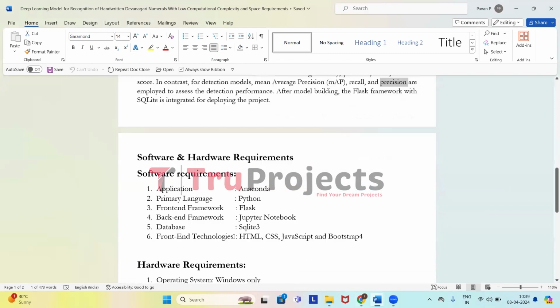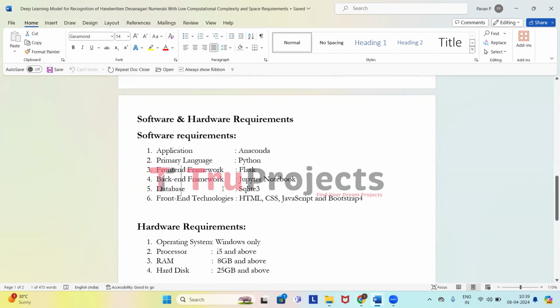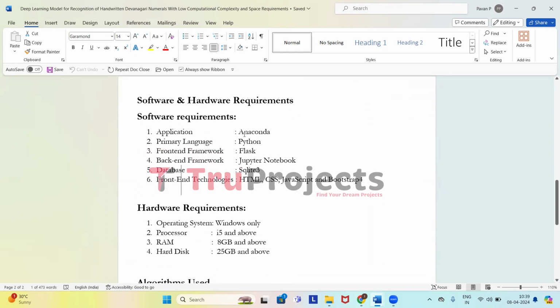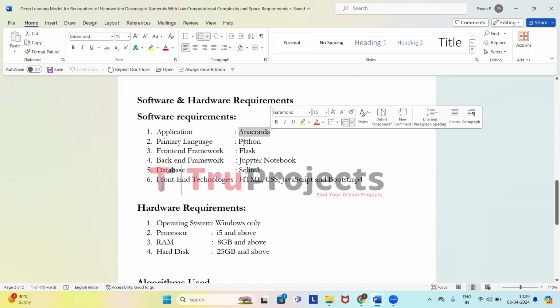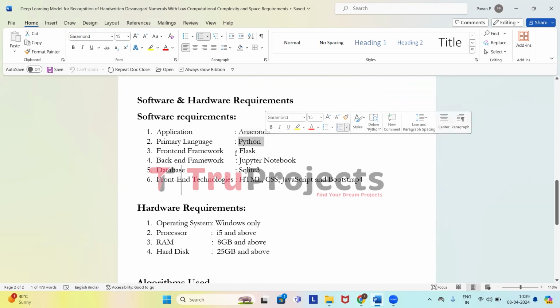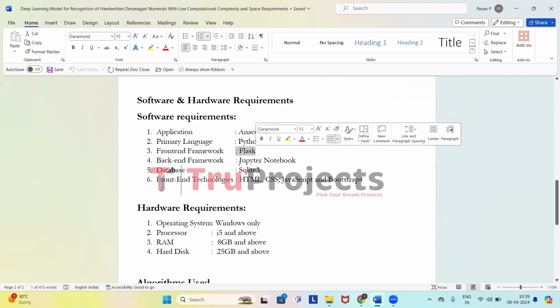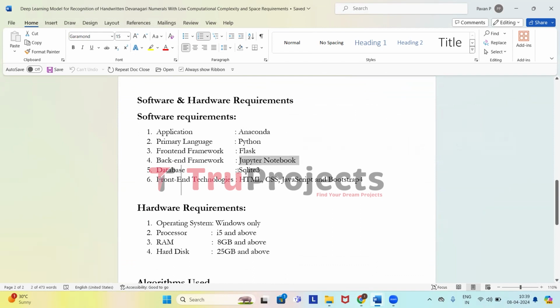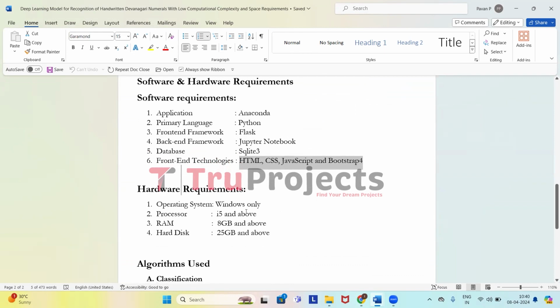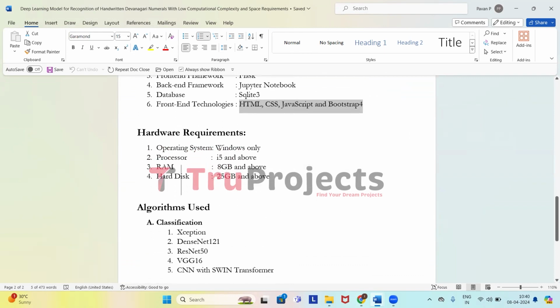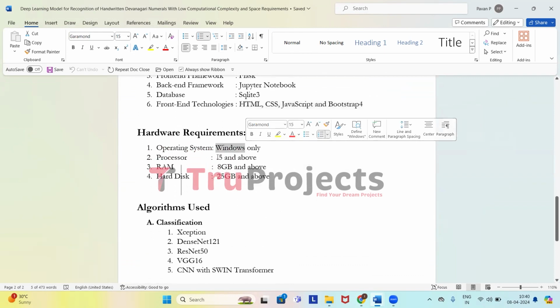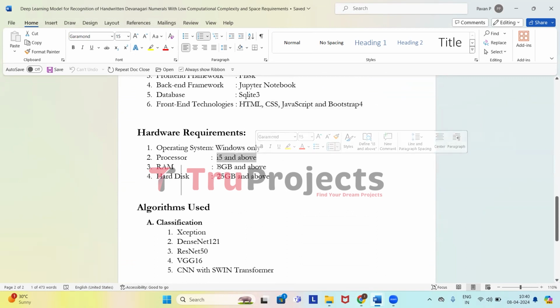Moving on to the requirements of the project, we need software and hardware requirements to implement the project. Coming to software requirements, we need the Anaconda application, primary language of Python, front-end framework of Flask, back-end framework of Jupyter Notebook, database of SQLite 3. Front-end technologies are HTML, CSS, JavaScript, and Bootstrap 4. And the hardware requirements are Windows operating system, processor of i5 and above, 8 GB and above RAM, 25 GB